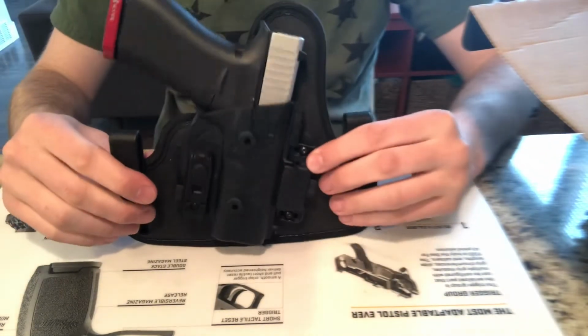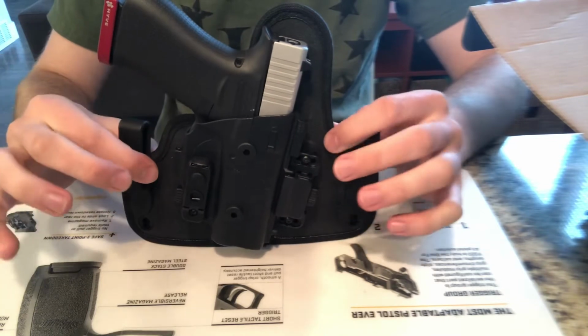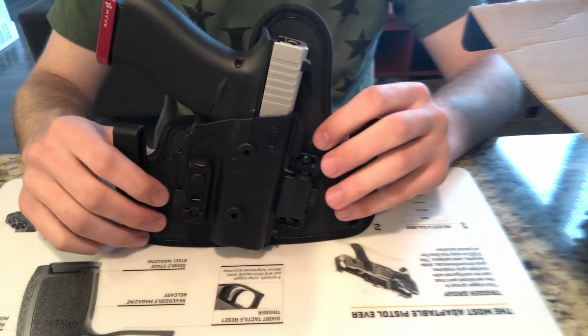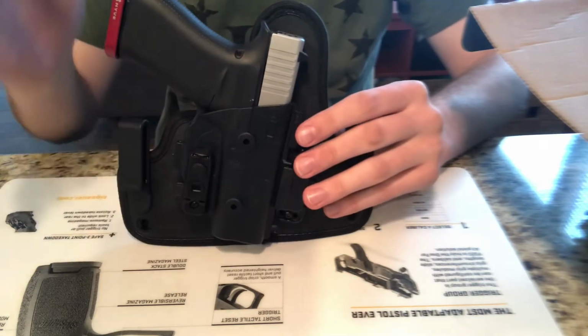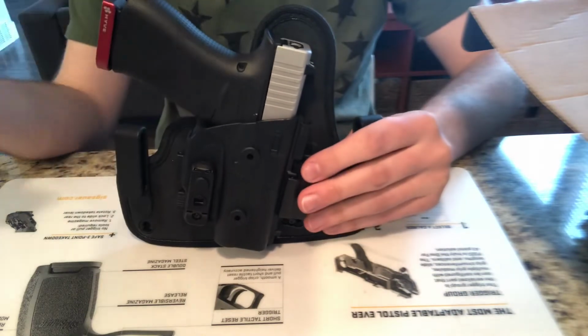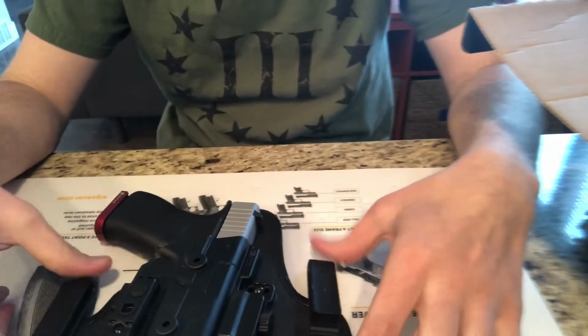Personally in the waistband, I usually carry about a 4 or 5 o'clock position. This is my most comfortable carry style. I do really like it. You can hardly notice that it's there. The good with that being you can carry it for long times. Not uncomfortable, you can work in it in a job like mine where I'm constantly moving, and you hardly notice